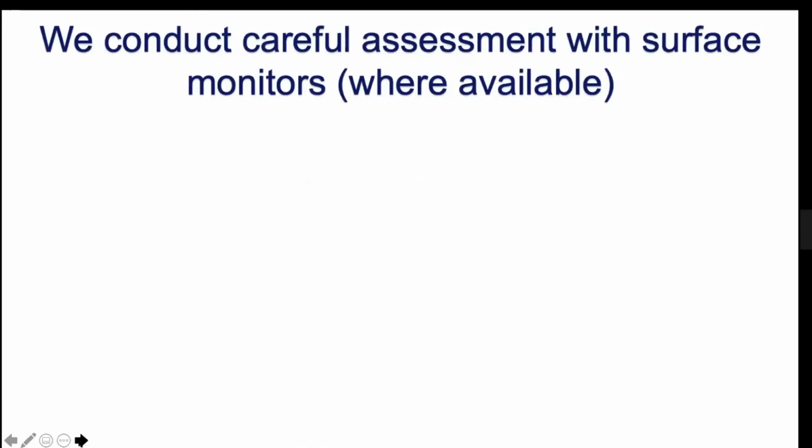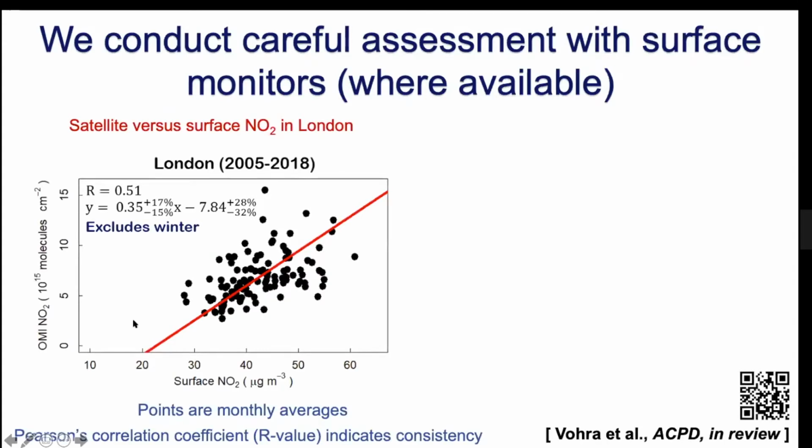Now, before we use the satellite data, we also conducted validation against the available surface observations to see if satellites are exactly capturing what's happening at the surface. So first, I show here satellite versus surface nitrogen dioxide for London. On the y-axis, we have the satellite-based nitrogen dioxide levels, which we have sampled for the entire Greater London area. And on the x-axis, we have surface nitrogen dioxide levels, which we have sampled around the satellite overpass time to